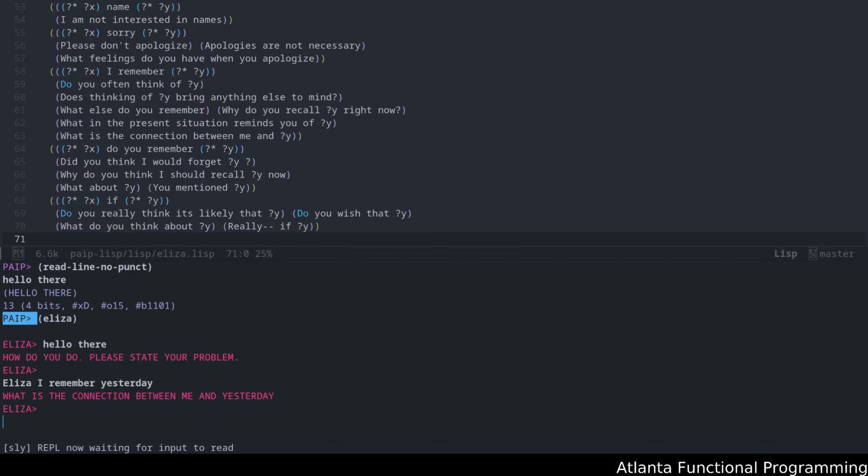What is the connection between me and yesterday? You could see some of these questions are kind of weird. Why is Eliza trying to ask me about the connection between her and yesterday? Instead, a normal human being,